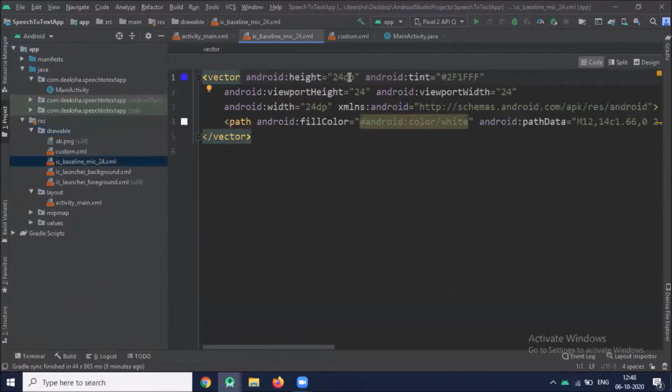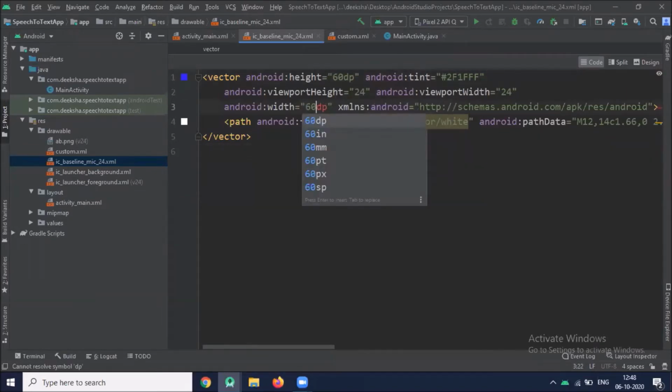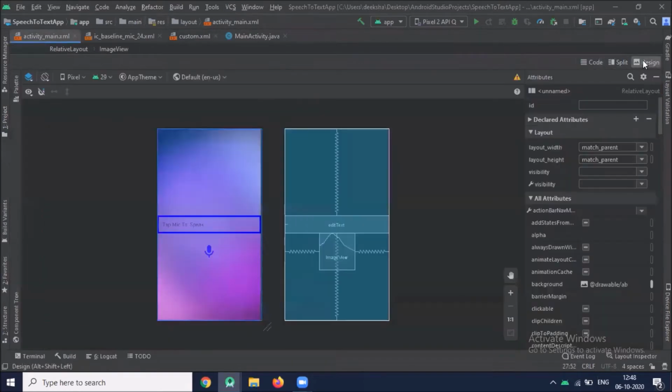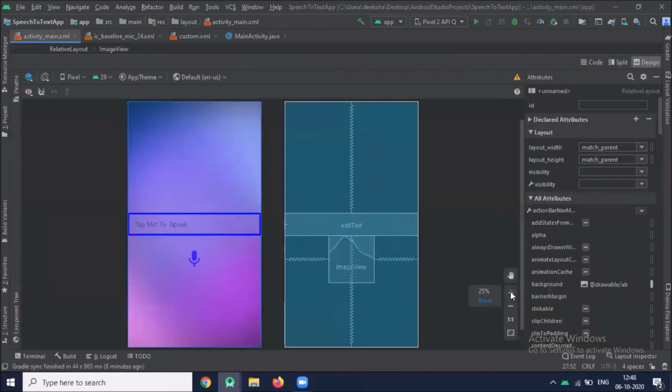Click on your vector. Here we change the height and width. Now back to activity_main.xml. Here you can see the design.